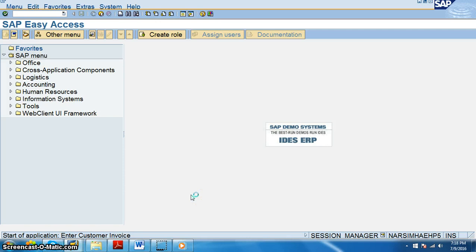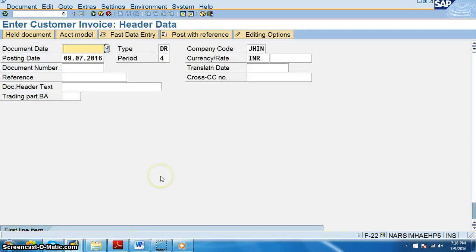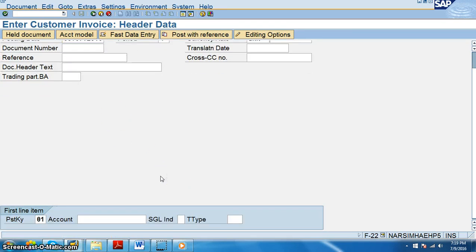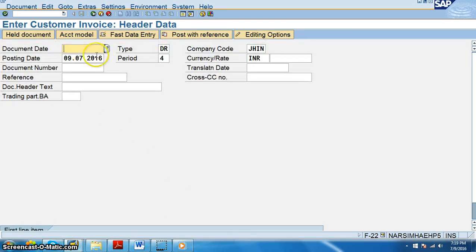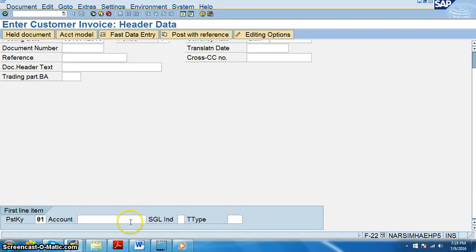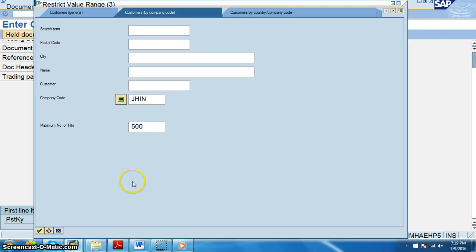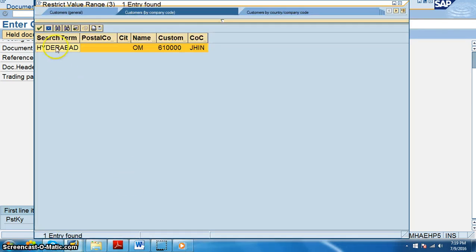This customer invoice is the end user job. Whatever customer invoice we are creating right now is an end user job. End users normally create the documents, so we don't put that. But as a consultant, we should be able to create that on our own as well. So we have just one